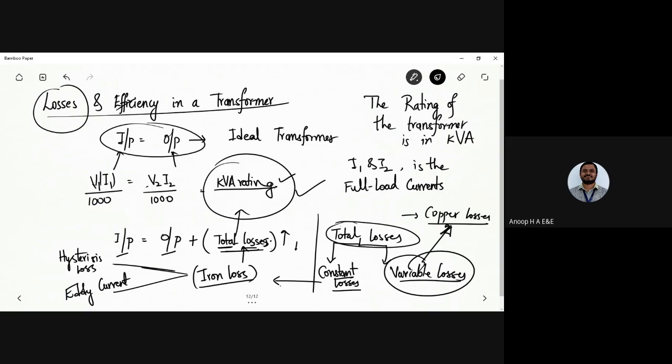Got it? So copper losses, or we call it variable losses, or we can call it the I squared R losses. We'll be generally using this I squared R or copper losses. Depending on the loading condition of the transformer, these losses will be called the variable one. So that is the reason why we call it the constant losses plus variable losses which are there, and together that accounts to the total losses which are occurring in the system. So this is the input, output plus total losses. That would be the non-ideal transformer equation or a practical transformer taken into consideration.